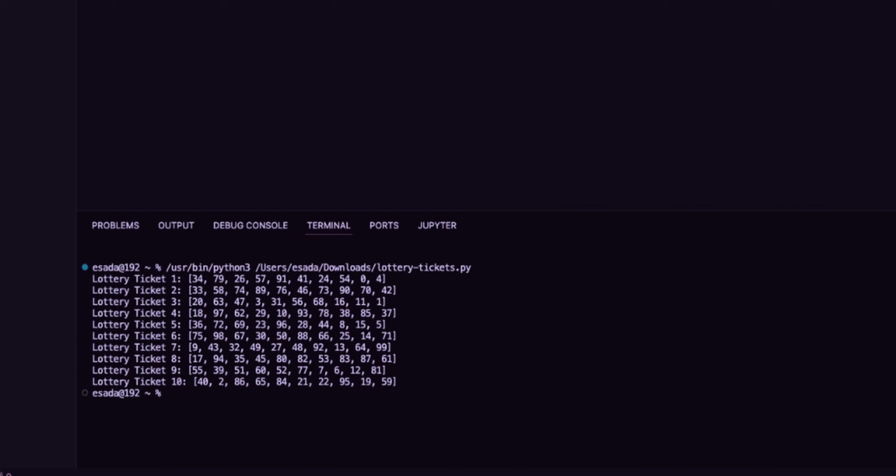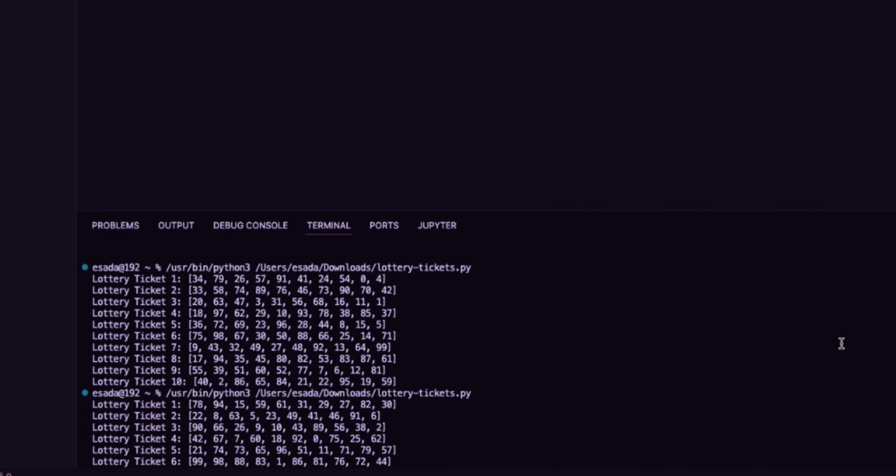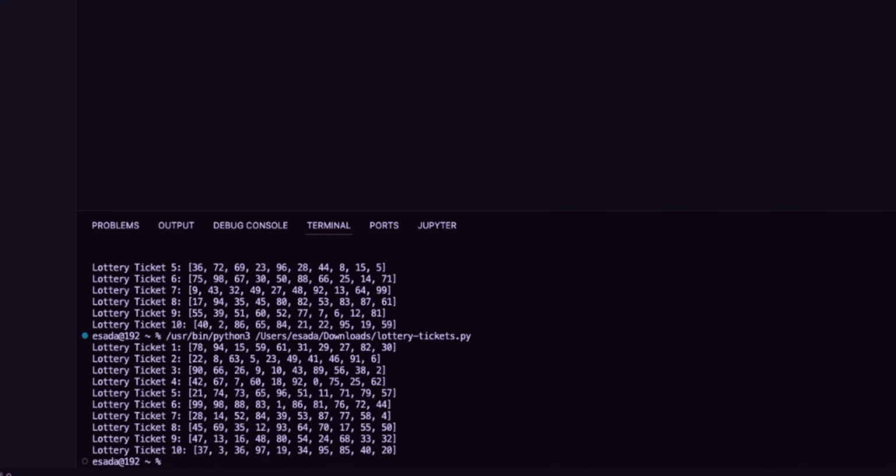And there you have it! We have successfully generated 10 unique lottery tickets, each with a set of random numbers between 0 and 99, without any